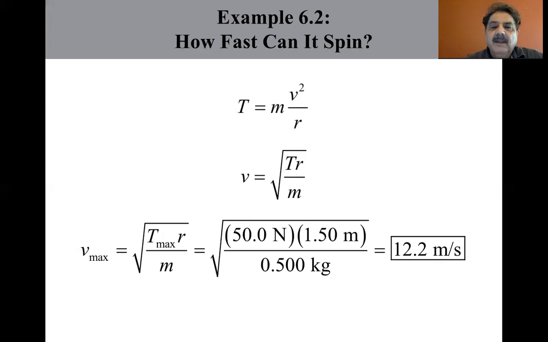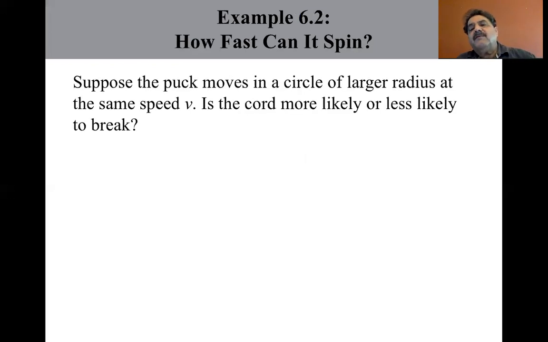Okay. Now suppose the puck moves in a circle of larger radius at the same speed. At the same speed v, is the cord more likely or less likely to break? Well, let's look at the centripetal acceleration. The centripetal acceleration is equal to v squared over r. Now, if something is in the denominator and it gets bigger, the thing on the other side of the equal sign gets smaller. So if the radius gets larger,